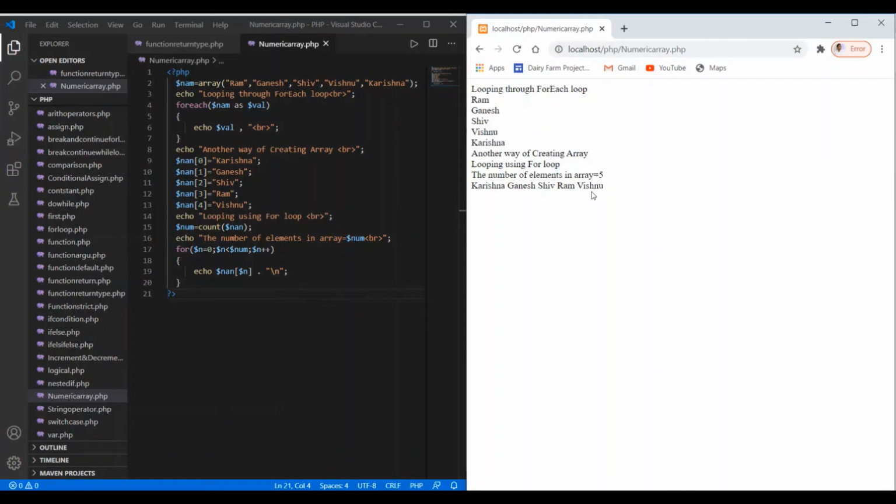So that is the way of creating the numeric or indexed array. They are created in two ways: using its indexing, or using the array method, and this way we have iterated over and accessed the elements of the array. So that's all for now. In the next video we will create the associative array, and how to declare that array and use it in our script.